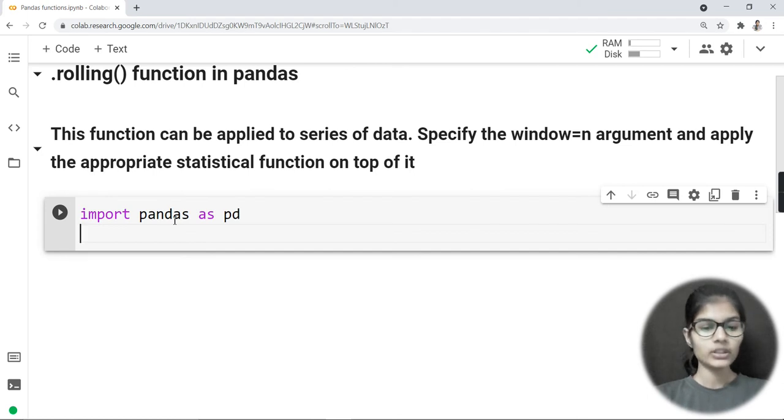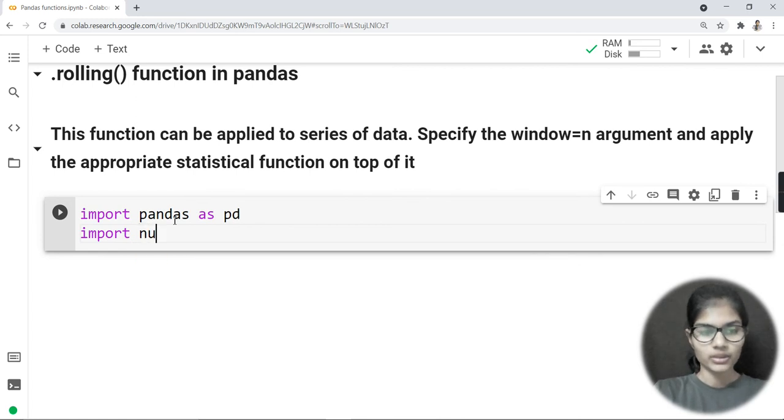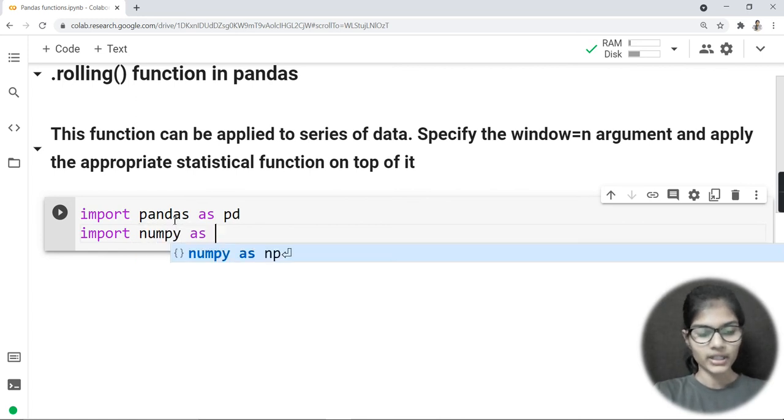Second, I even need a numpy library because I am going to define a data on my own. I'm just not going to take any data set for now. I'm just going to define my data on my own. In that, basically, I will be using the random module. From the random module I will be using some functions. That comes under the numpy library, correct? So here I'll be using import numpy as np.